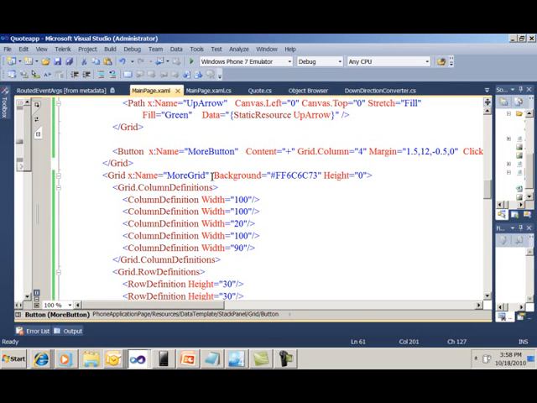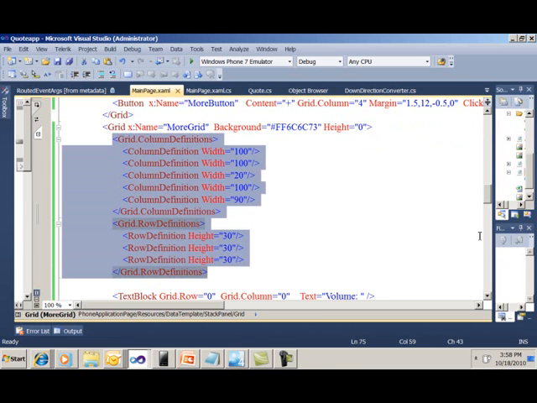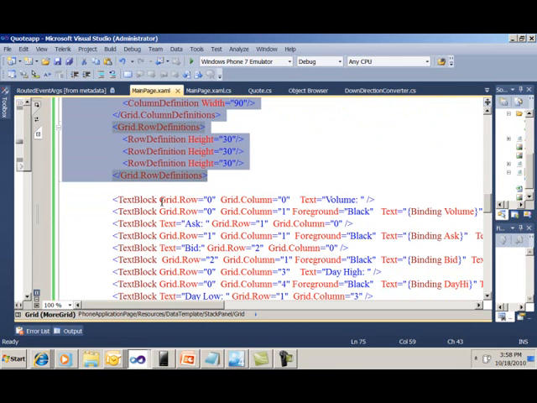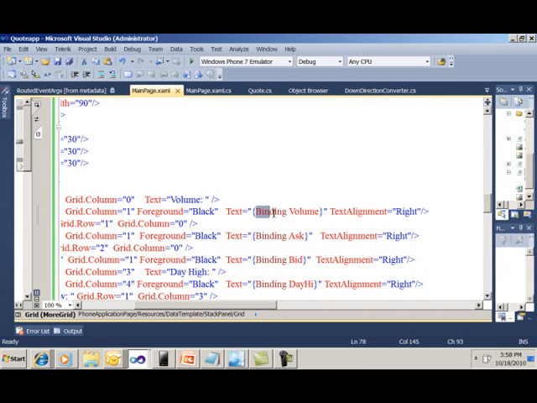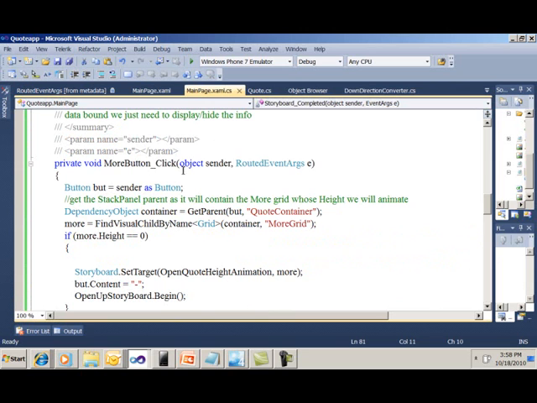The grid, which is going to show that more information, actually has a height of 0, and that's why it initially doesn't show up. And then we divide it into rows and columns, and we simply set the text blocks, which are going to live in these rows and columns, to additional properties in our quote object. So then, after defining the XAML, we have to define that More button click handler. And this will end up driving an animation that will show this hidden information that is in that More grid. The handler, though, is only passed the button itself,